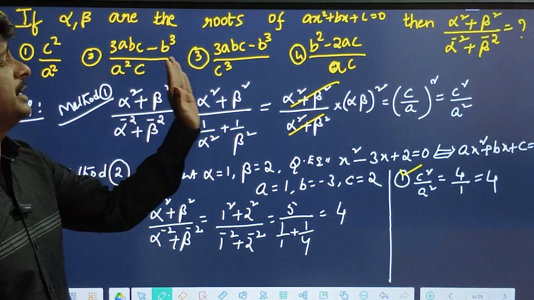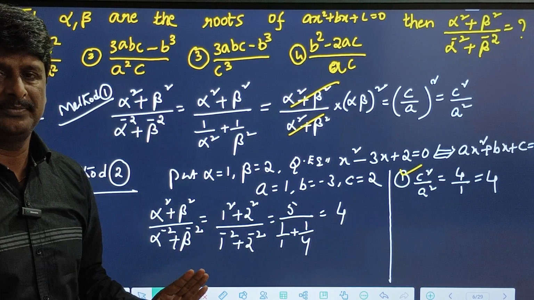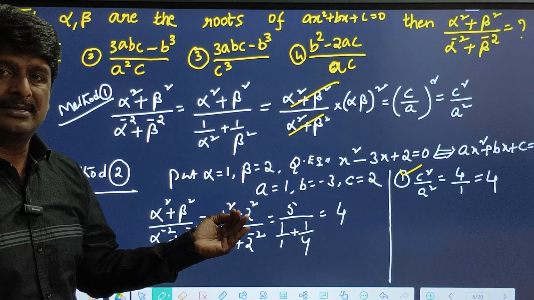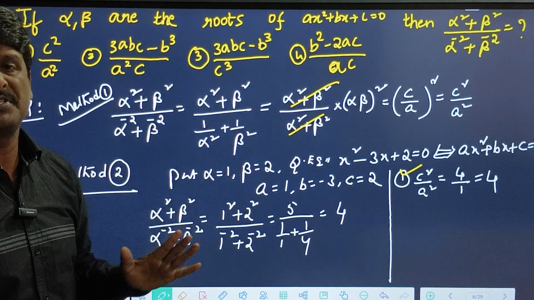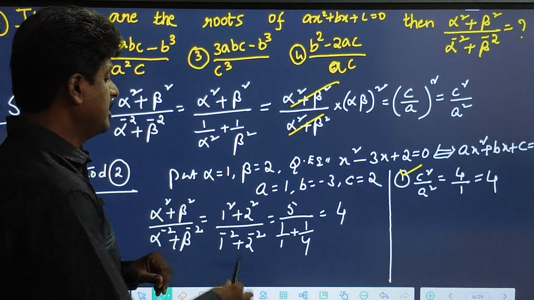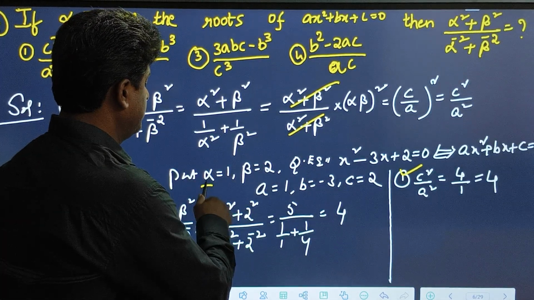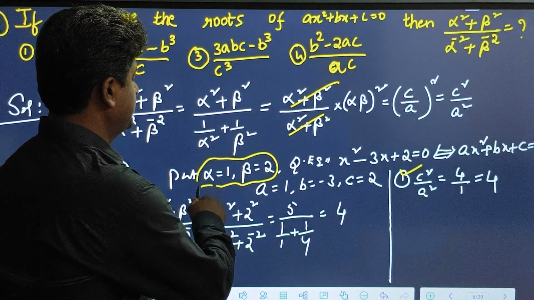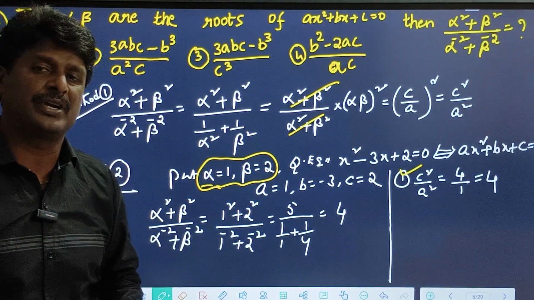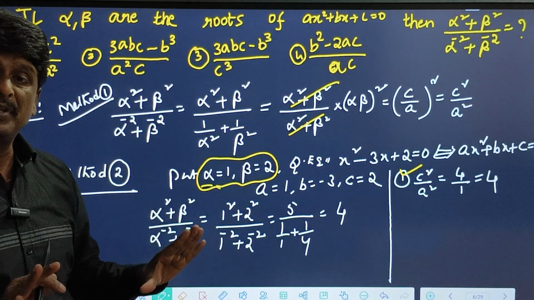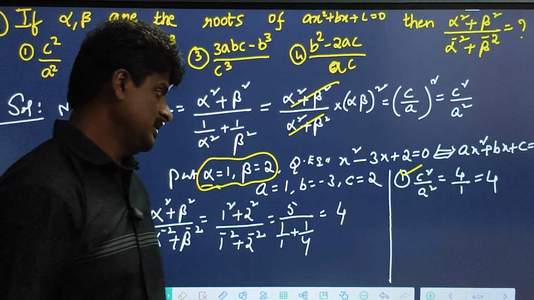Simple, we won't get 4 in any other option. If we get it in any one more option, we have to change our substitution. This substitution we need to change. So this is the way to find the answer without using the formula. Next,